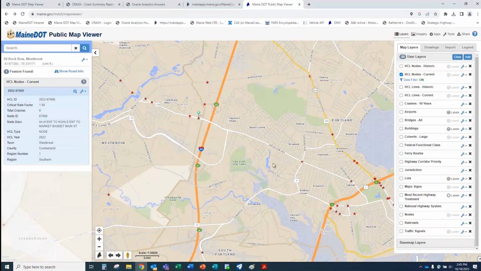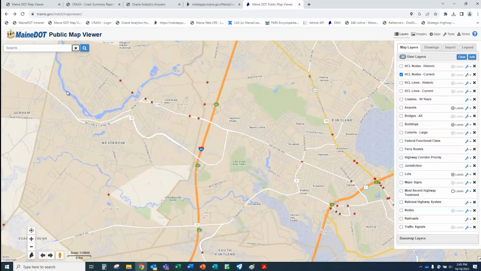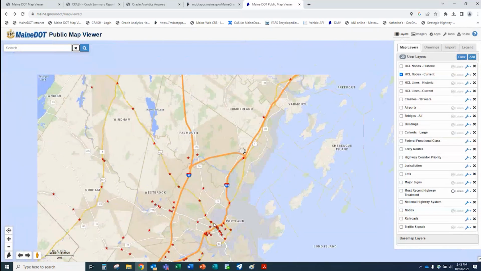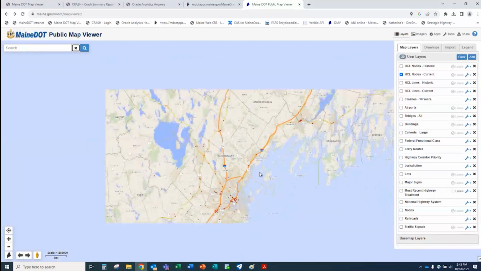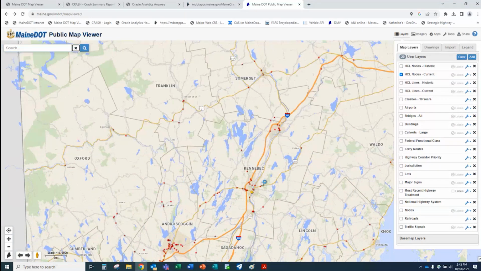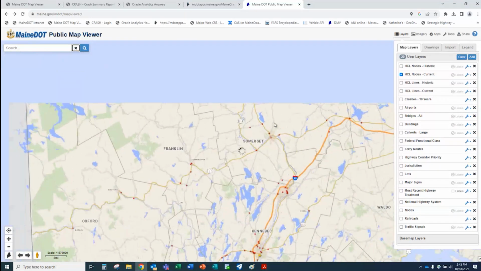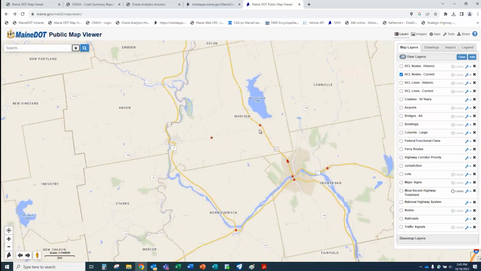Now, we're in the current study period. So I'm going to go back up here. I'm going to filter data, remove all filters. I'm going to go back up here because I'm trying to think. We typically start with the more populated areas and we work our way backwards. Sometimes we'll get a request because a lot of different entities know about these layers now. And so say we go into this one in Madison. Go to that one right there.